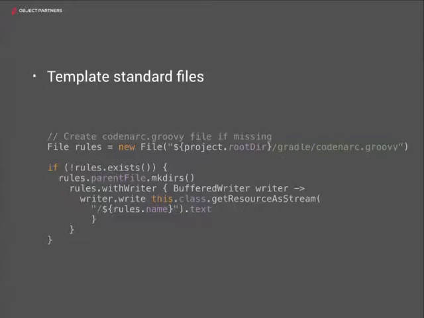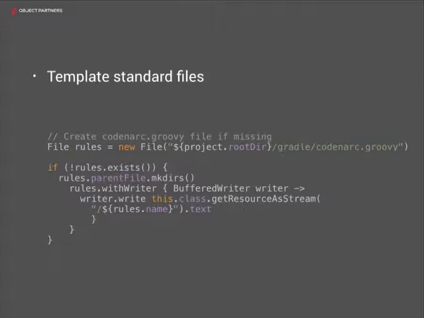Templating standard files. We do this a lot with CodeNarc, which is a good example. You would do this if you're using a plugin, or doing something, that actually needs a physical file on the disk. The CodeNarc plugin requires that. You can't just give it a stream of stuff. So what we do is we bundle in our template of CodeNarc, our CodeNarc.groovy file, and we have a task